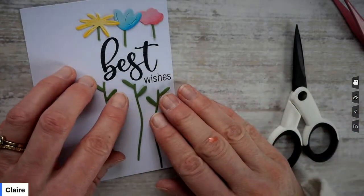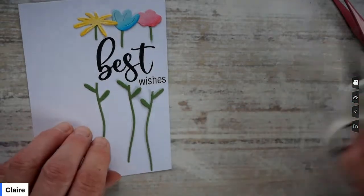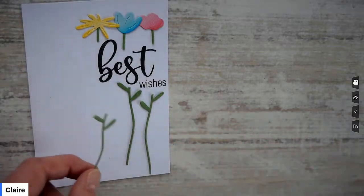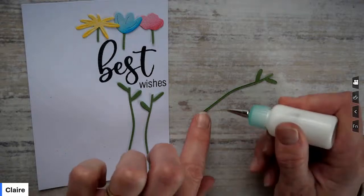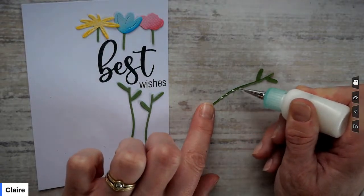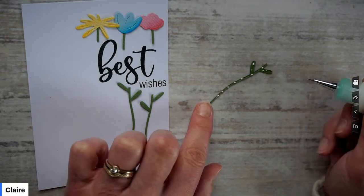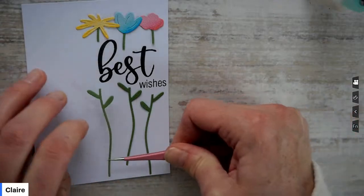And then, keeping these stems, I'm going to use my glue, and I can reattach those underneath. Now, what you can do, instead of